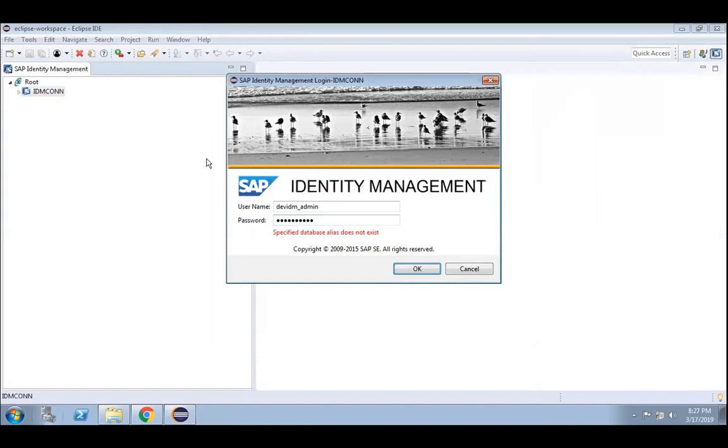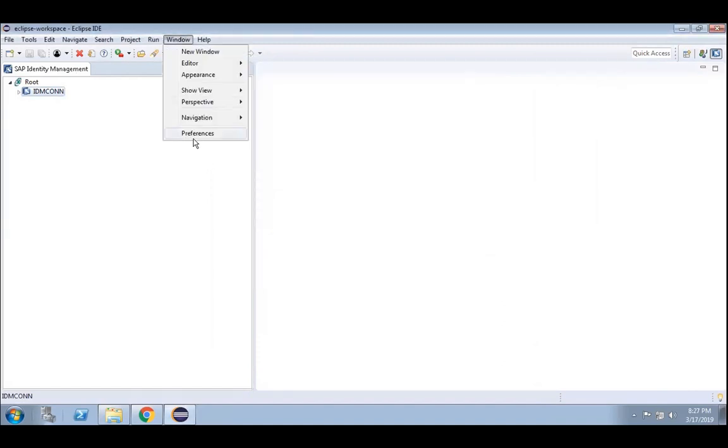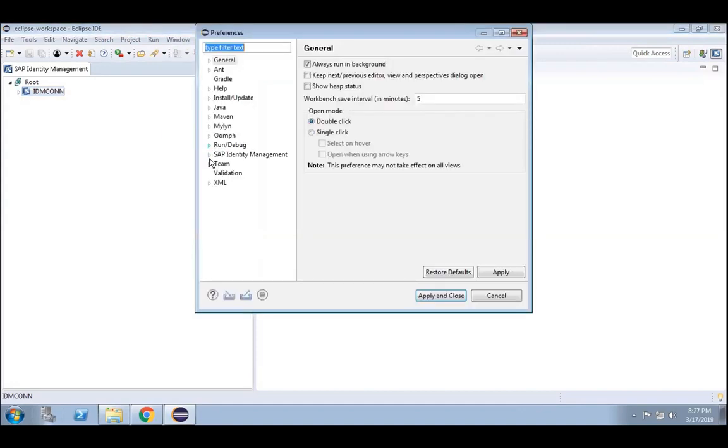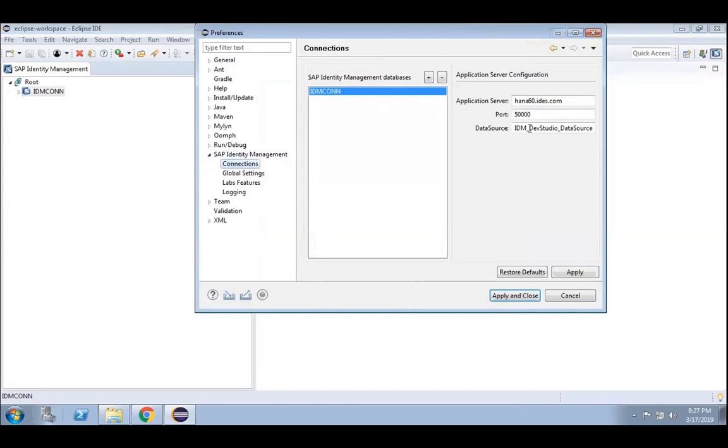The specified database alias, I think, is data source underscore dev studio. That used to happen.